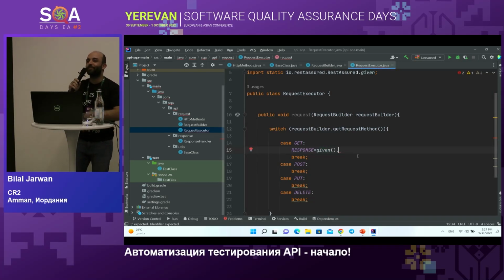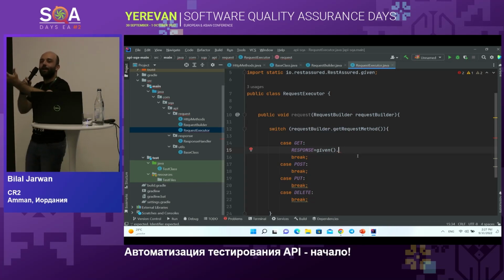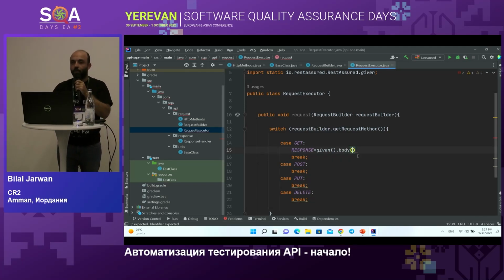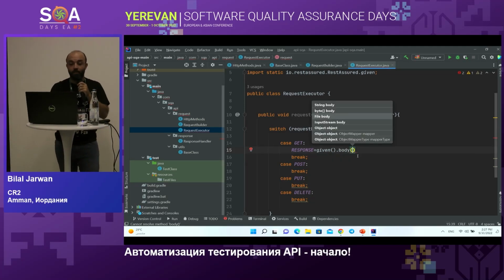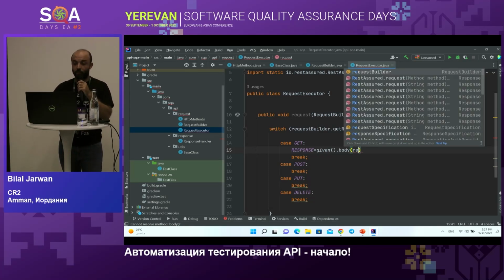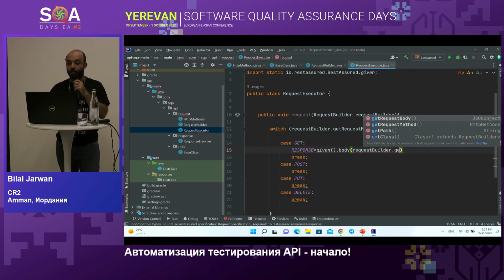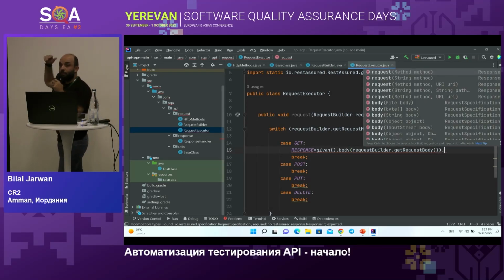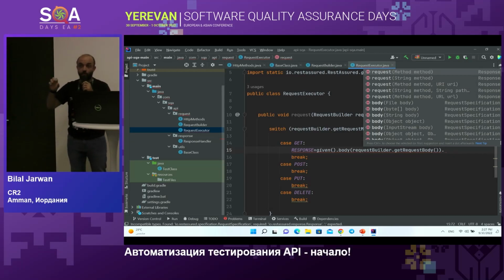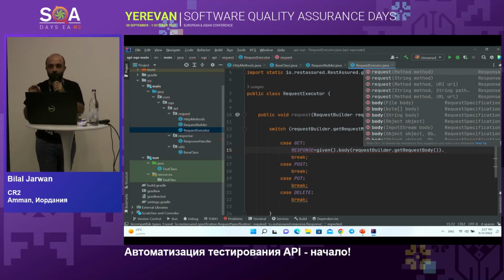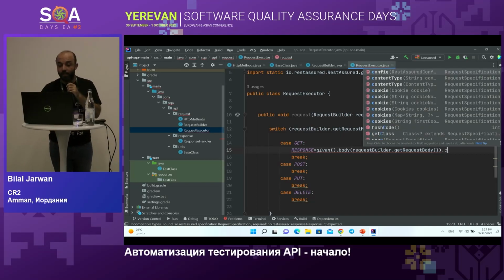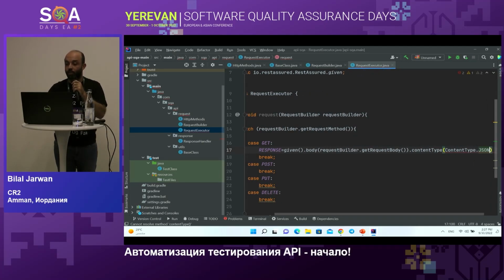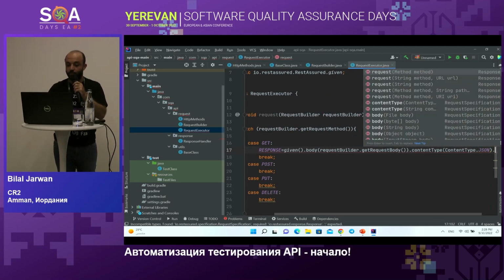And this is like you are trying to say a scenario. Given what you give dot body. How we can get the body? From the request builder object. So we will say request builder dot get request body. And then because all of the request types will be JSON, you need to specify what is the content type that you have in your request. So you will say dot content type, and you can say here content type dot JSON, and then dot,